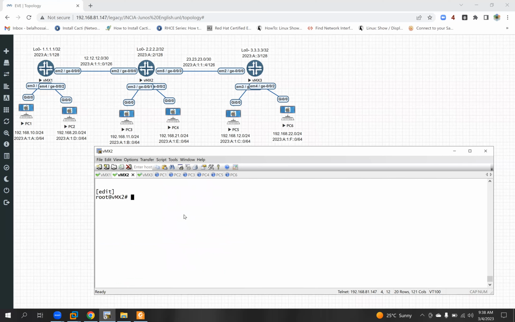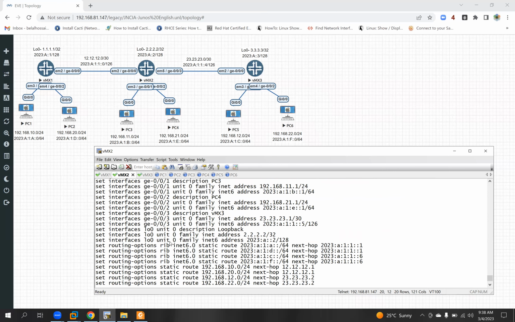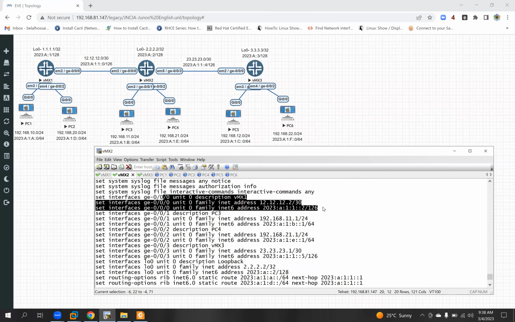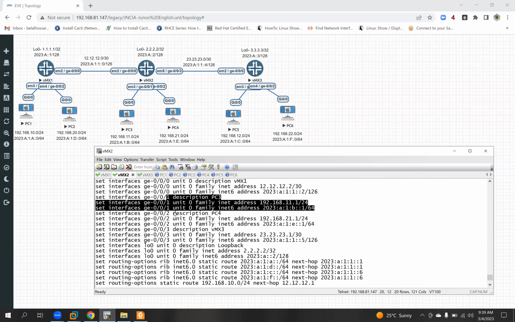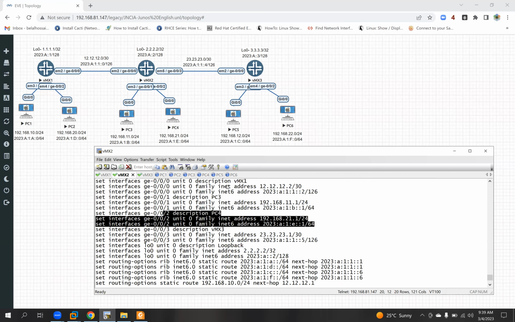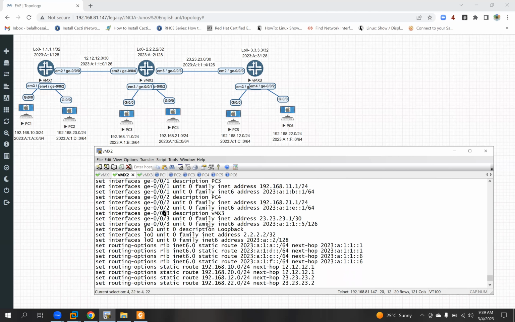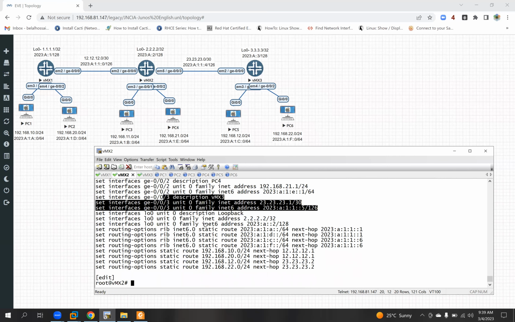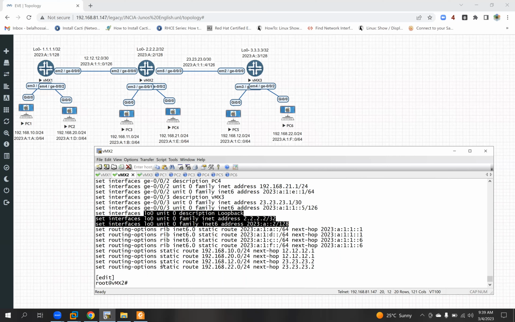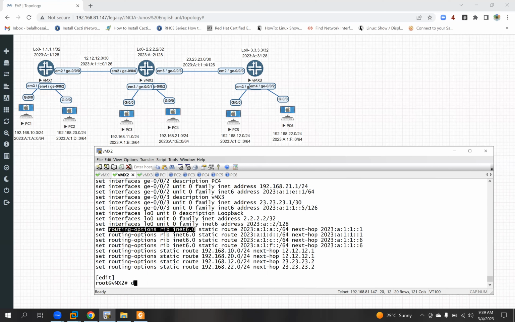So go to VMX2, show interfaces terse. This is the interface ge-0/0/0, IPv4 and IPv6 addresses configured. Then ge-0/0/1, IP configuration done, and ge-0/0/3, 23.1, IPv4 and IPv6, and the last one is loopback, also configured. Here we configured the static routing. So we remove the static routing,